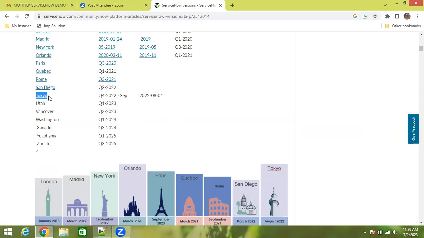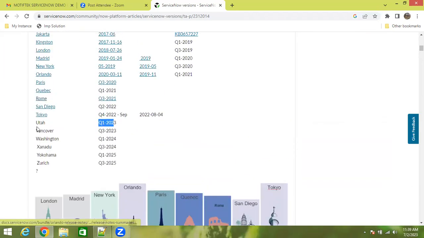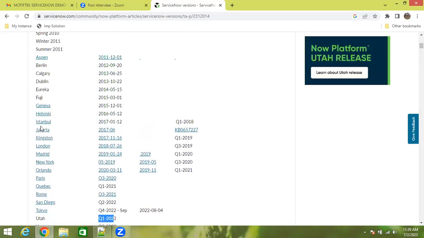So the last version was Tokyo, and the next version is Utah. Many organizations are upgrading to the Utah version now, in 2023. When you look at the Aspen version compared to the Utah version of the ServiceNow application, there are a lot of changes. You cannot access the Aspen version, it's not available at all.